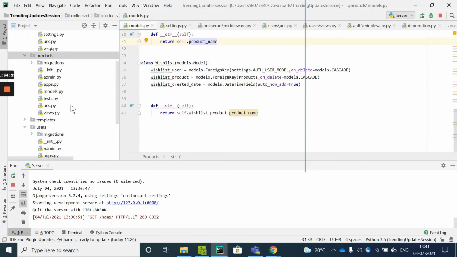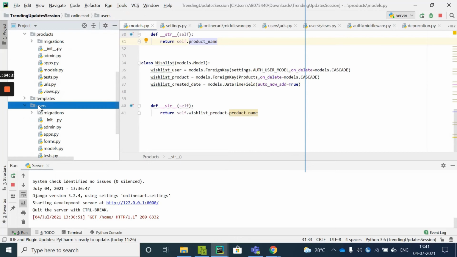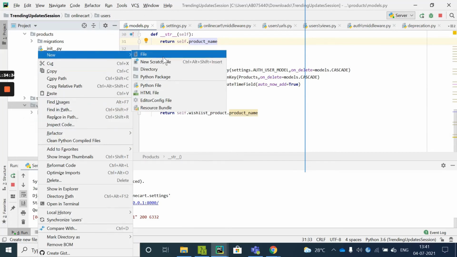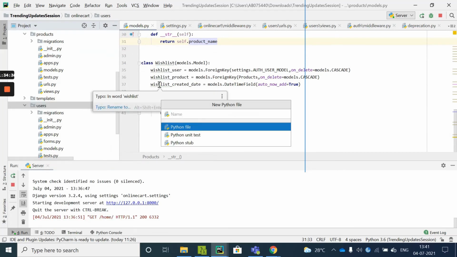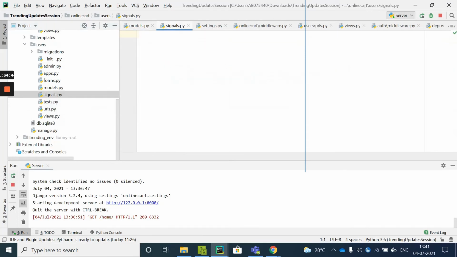So inside the users module, I am going to create one Python file called signals. Here Django dispatcher will provide one receiver for this. This receiver I am going to use as a decorator. Whenever I am writing certain functions, I am going to use this decorator. I'll also see what signals are present.